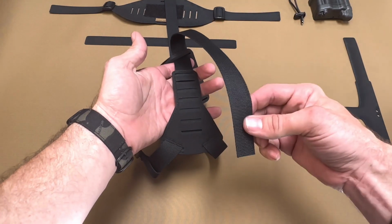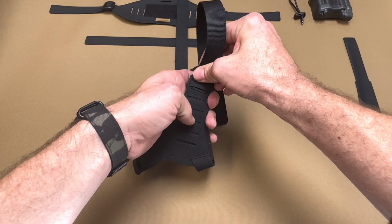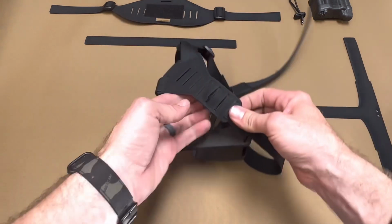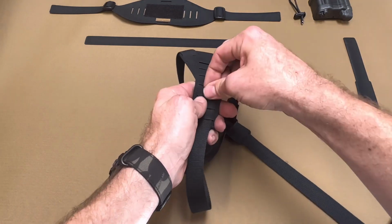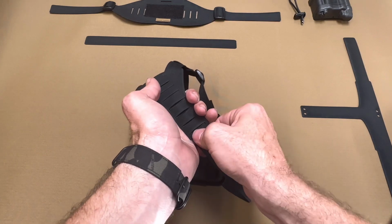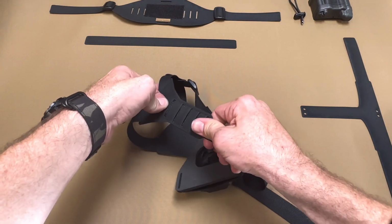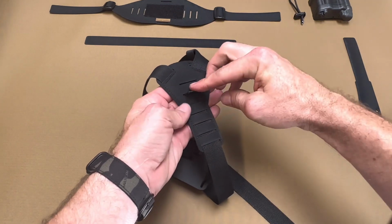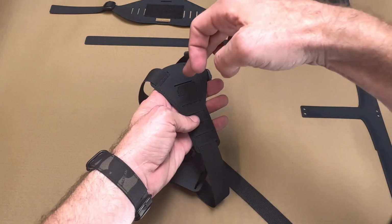If you're not attaching a chin strap, I would recommend going all the way through. We do have some chin straps coming out, and we'll do a separate video on attaching the chin strap. But you're going to want to route this webbing all the way through to where you want your TriGlide sitting on your head, and also depending on how big or small your head is. There's many ways to do this, you'll find. So I'm going to come out this one right here because I want my TriGlide to sit in this spot, because I want to be able to go through the TriGlide, up and down, and then out the